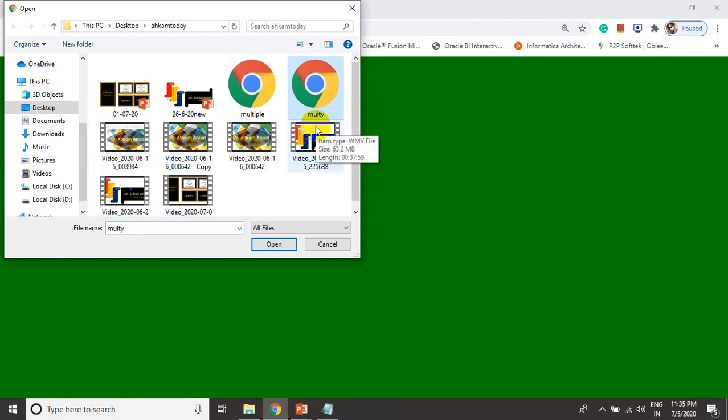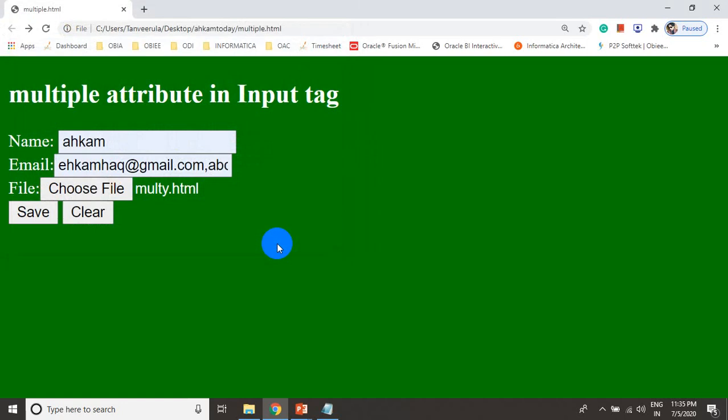It can be an HTML file, a Word file, or an image. So when I click open, multi.html is uploaded or connected with that text box. When you click on the save or submit button, this file will be uploaded to your destination page.